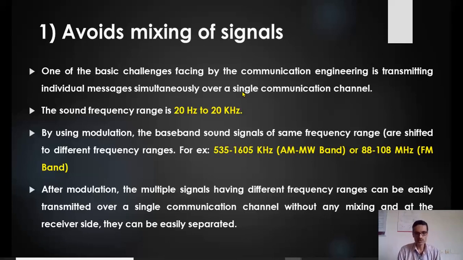Now, again, take the example of the AM medium wave band. What I'm exactly doing in the modulation process is converting these audio signals, whatever the frequency is, 20 Hz, 20 kHz, it can be anything, into a single carrier frequency. As I told in the last slide, each station is assigned a particular carrier frequency, and we have to convert. By the modulation process, we are converting a low frequency signal into a high frequency signal.